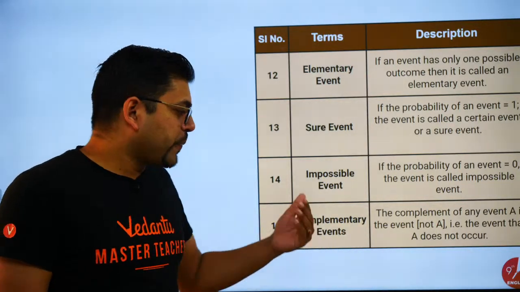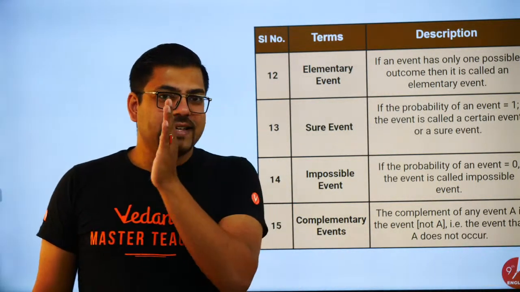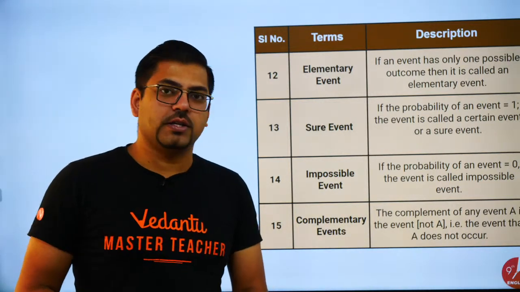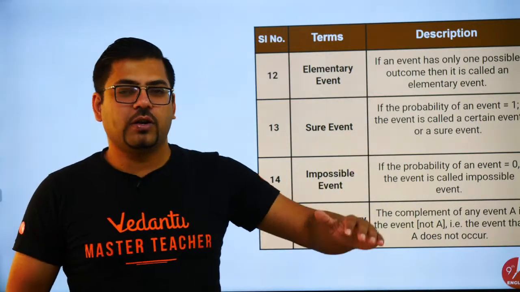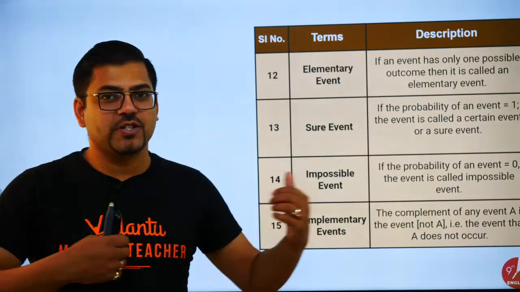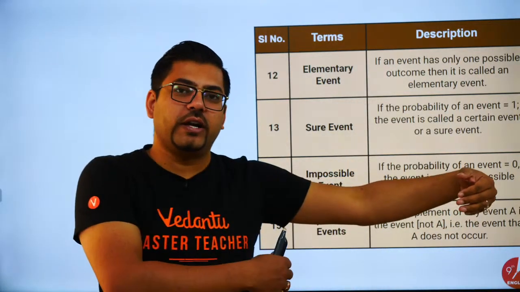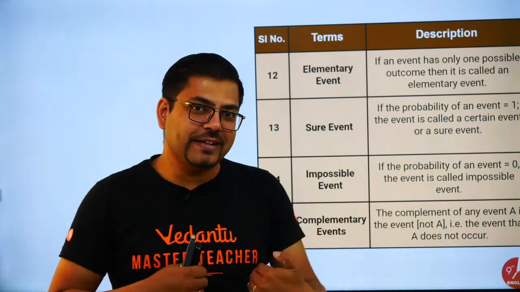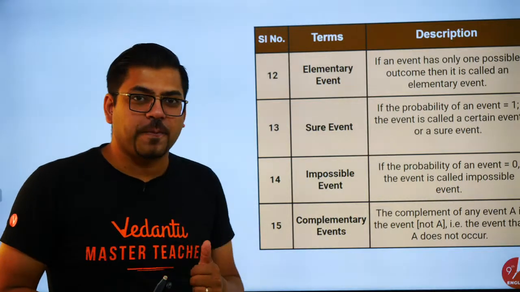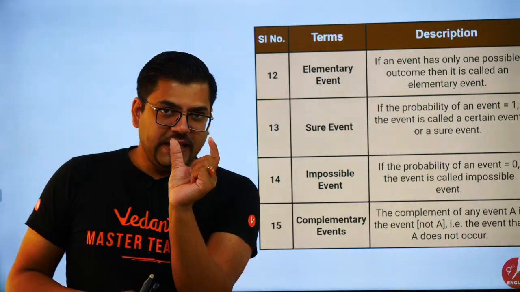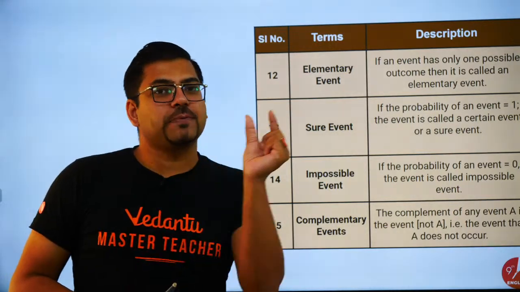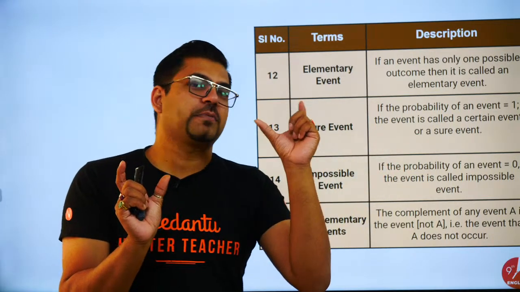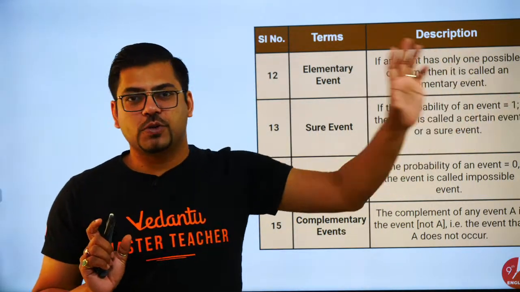Complementary event. Complementary event means one is yes, another is no. So say for example, Harsh Priyam is an intelligent boy. Yes. Abhishek is a not so intelligent boy. So that's why we are such good friends, na? Intelligent and less intelligent. We are best buddies because plus and minus always support each other. So a complementary event is also that. The probability of event E plus the probability of not E, just like what Rudraksh said, the probability of happening plus the probability of not happening equals 1. So that is again there.